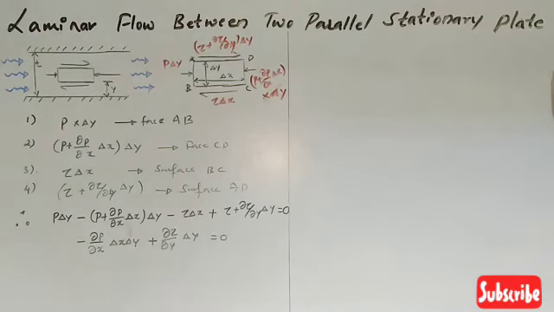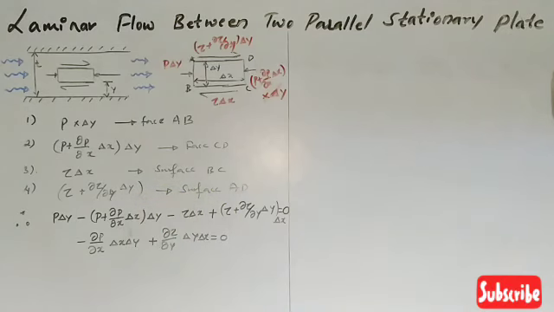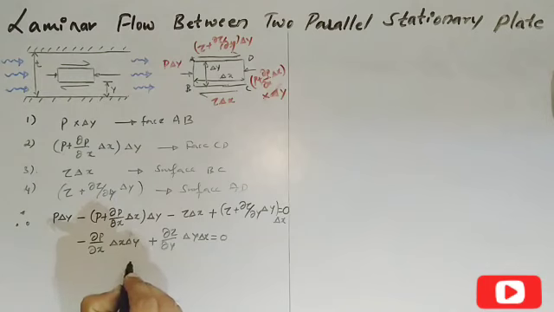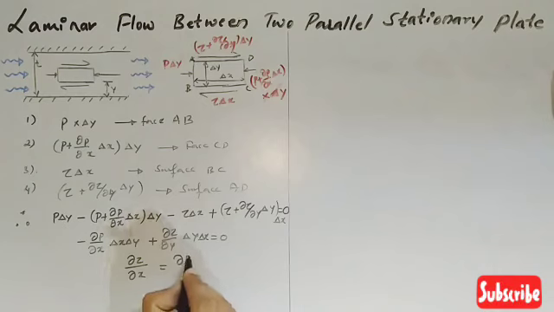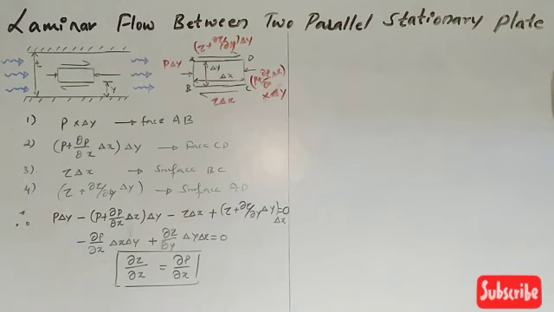Okay, this will be equal to 0. Now, again here it will be delta x. Now if I shift this term, if I interchange this equation, again I will get an equation in terms of ∂τ/∂x equals ∂p/∂x. Now this is not the actual shear stress distribution, so this we have obtained in terms of an equation. Before going to derive that shear stress equation, let us go for the velocity distribution.